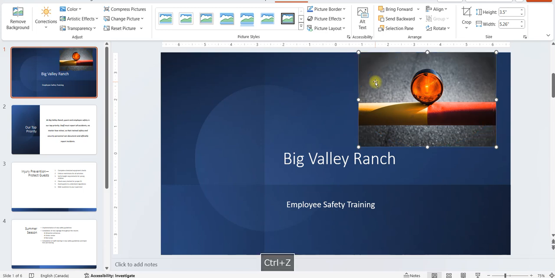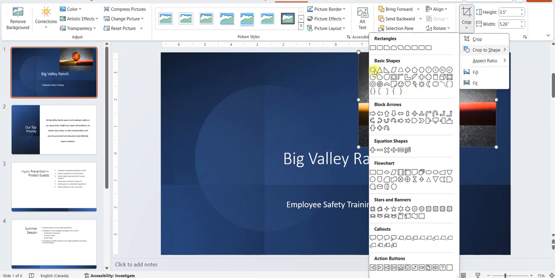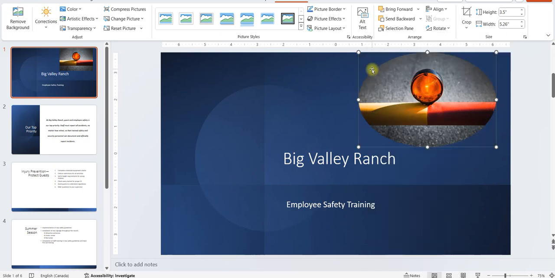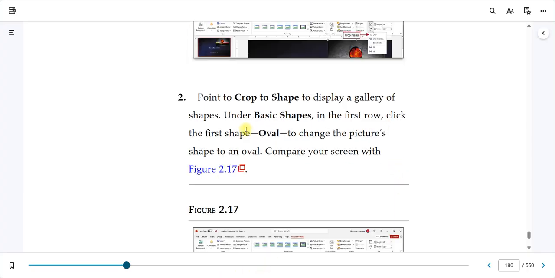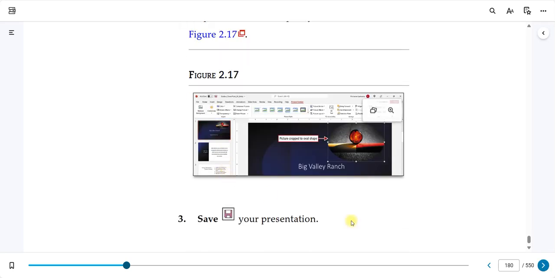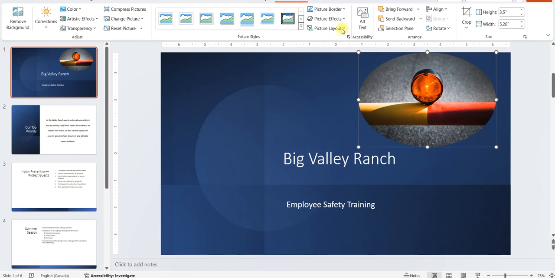So let me come back and do it again. Select your Picture Format, Size, and Crop. Click on the drop down, Crop to Shape. We're looking for Basic Shapes and Oval. I promise you, this will look amazing. Okay. And it looks like that. And save. Let's get rid of